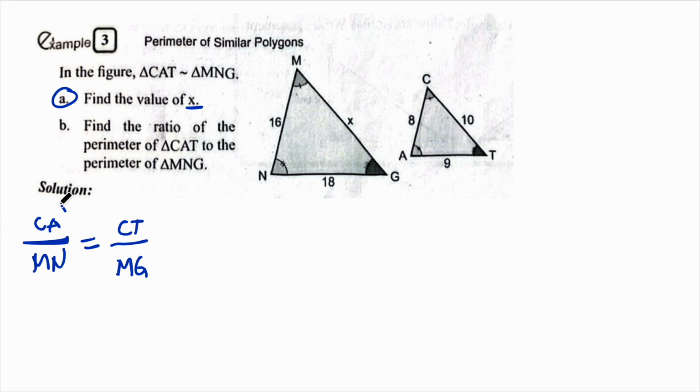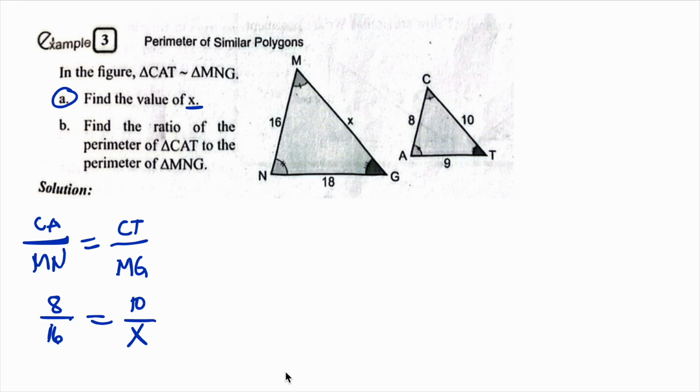CA, we replace by 8. Also MN in the denominator, we change it to 18. CT is 10